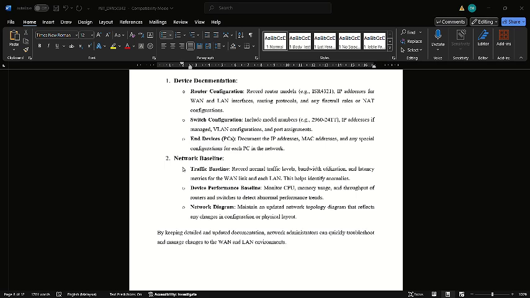And network diagram: maintain and update the network topology diagram that reflects any changes in configuration or physical layout. By keeping these details and updated documents, a network administrator can quickly troubleshoot and manage changes in the LAN and WAN